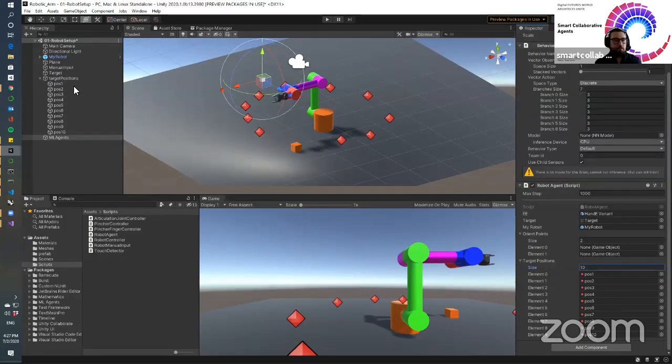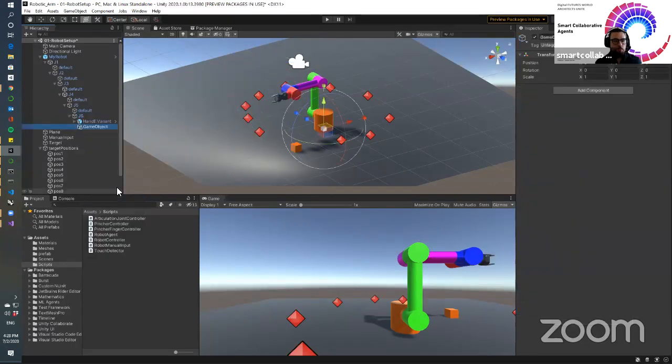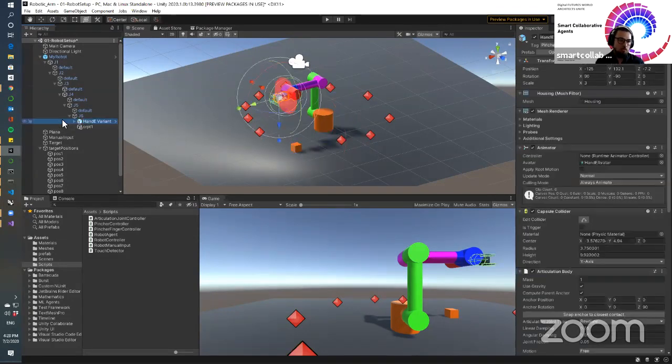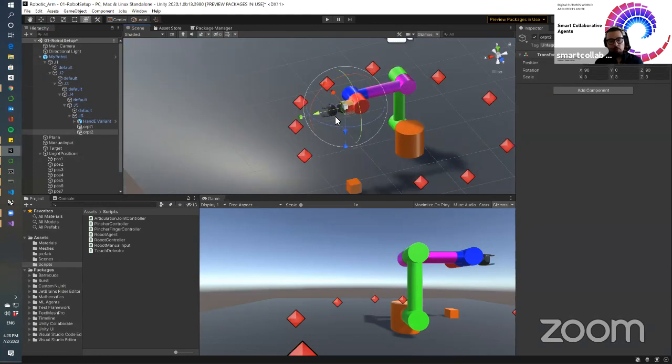Now, for these 2 elements, we will do the following. We need to go to our robot, and here in J6, we will add 2 empty game objects. We right click here, say create empty, and we will call this ORPT1 for orientation point 1. And here another empty game object that will be called ORPT2. Why here? Because you see that now this is